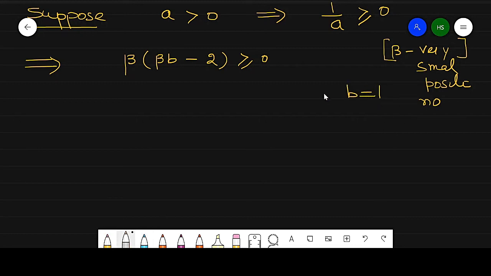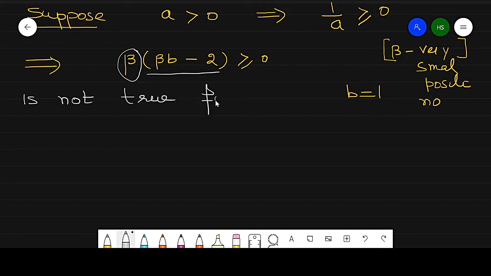If b is equal to 1 and I take beta as a very small positive number, suppose beta is equal to 1 by 2, then this term is positive and this term is negative. If this term is negative, then this product is not greater than or equal to 0. So it means this condition is not true